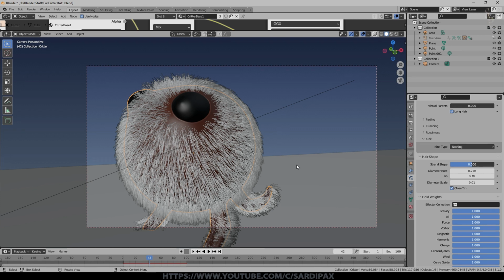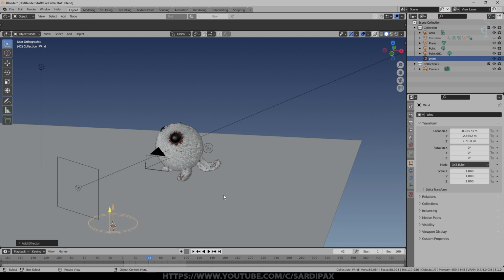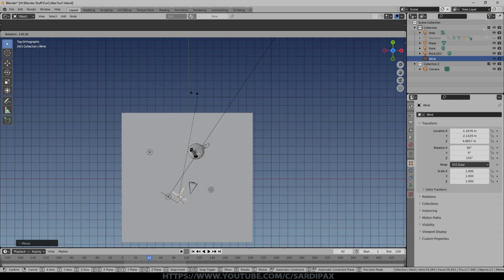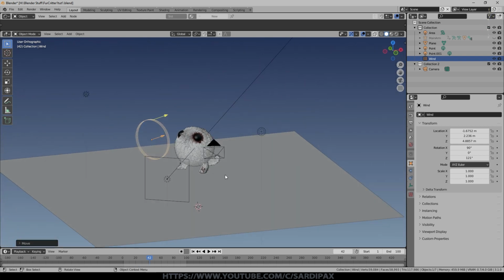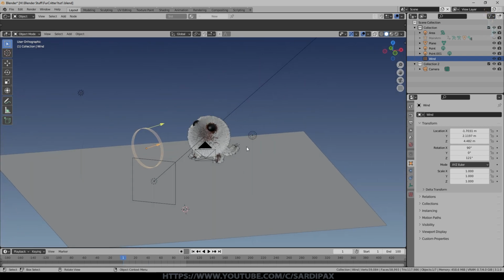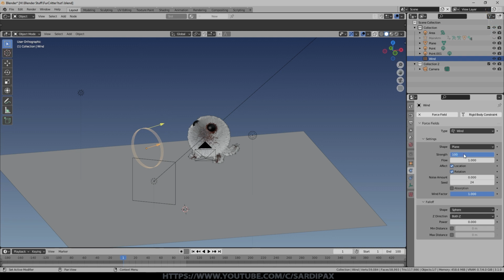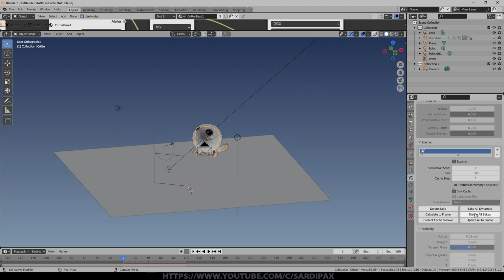So a little bit about wind forces. You can add a force field, which might be a wind force. Now, you generally find these need to be quite strong to affect your hair. I'm just going to point it at something like this. It doesn't really matter where it is unless you have a falloff identified. And obviously I will need to rebake to have this affect it. But I'm going to put this wind force up quite high, so let's put a strength of 100 on that. You can see it's stronger because the little circles have extended out, and then we'll come back, delete the bake and rebake.